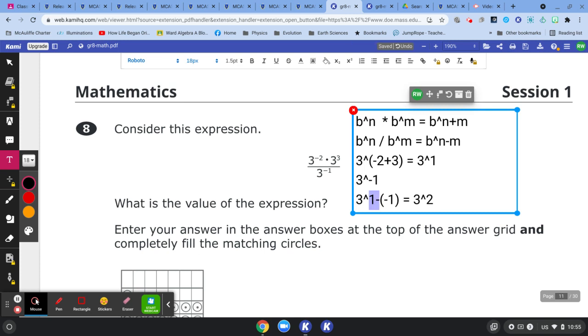The other way to think about this is in a couple ways. Subtraction is how far two numbers are apart in the direction of the first number. How far are 1 and negative 1 from each other? I believe you can imagine that 1 and negative 1 are 2 apart from each other. And 1 is positive, so it's in the direction of the first number, so it's positive. So 3 to the 1 minus negative 1 is 3 to the second power, which would equal